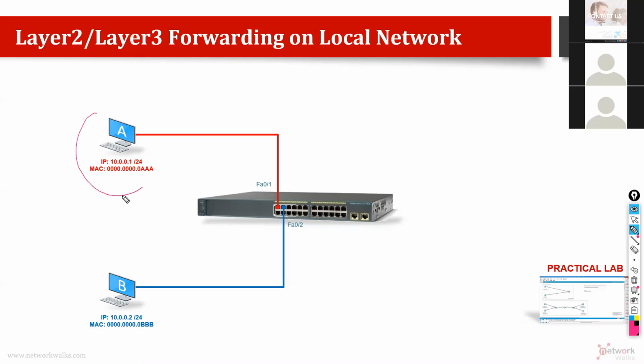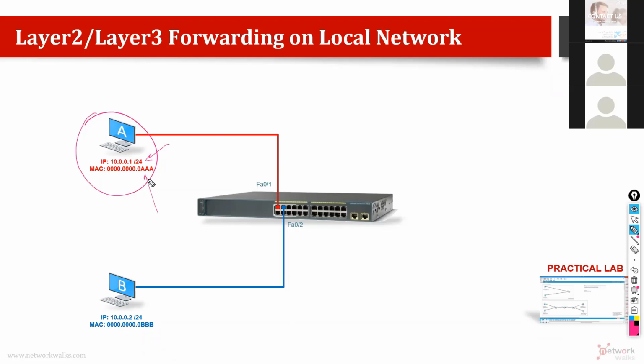So we have computer number A. You can say it's a server, a desktop, a laptop, an IP camera, a printer. What else? Do you guys have in mind any host? So it's anything which has an IP address, but it cannot be a monitor, only a keyboard, or only a mouse. It should be a proper device, layer 3 device, end device, right? Which has an IP address of 10.0.0.1, which has a MAC address of 0000 AAA in the end.